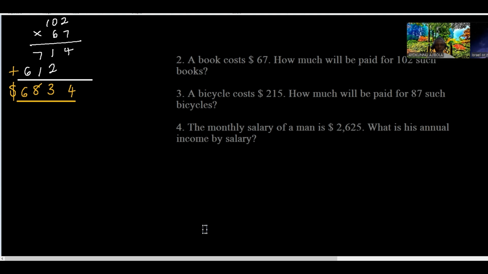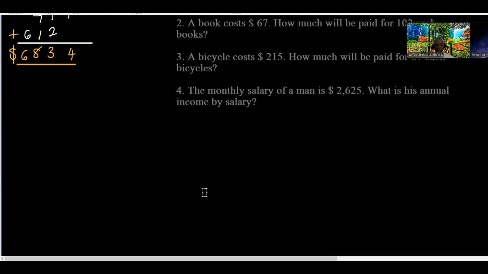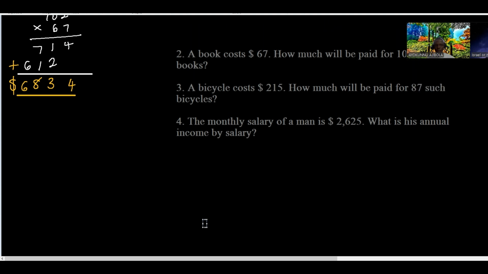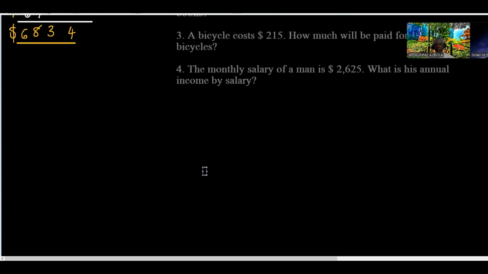we have a bicycle cost $215. How much will be paid for 87 of such bicycles? So that means again we're multiplying this result. So number three,